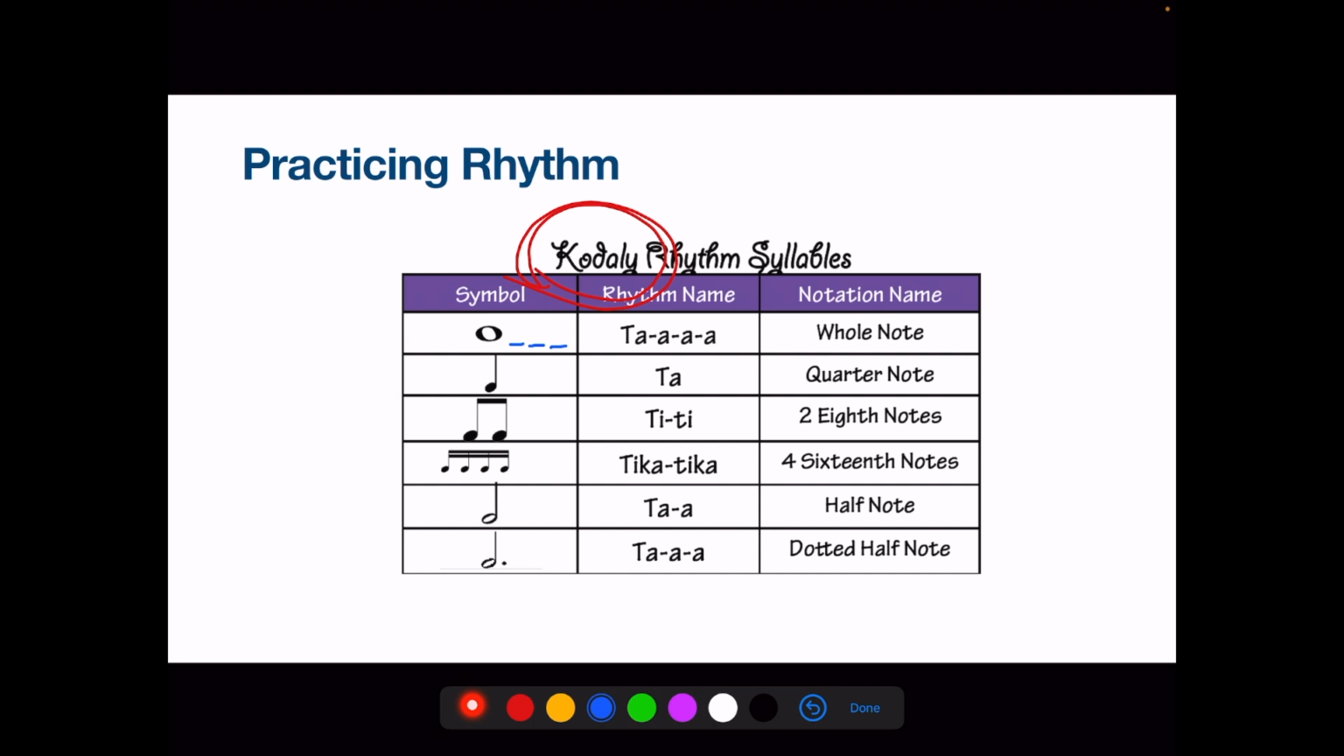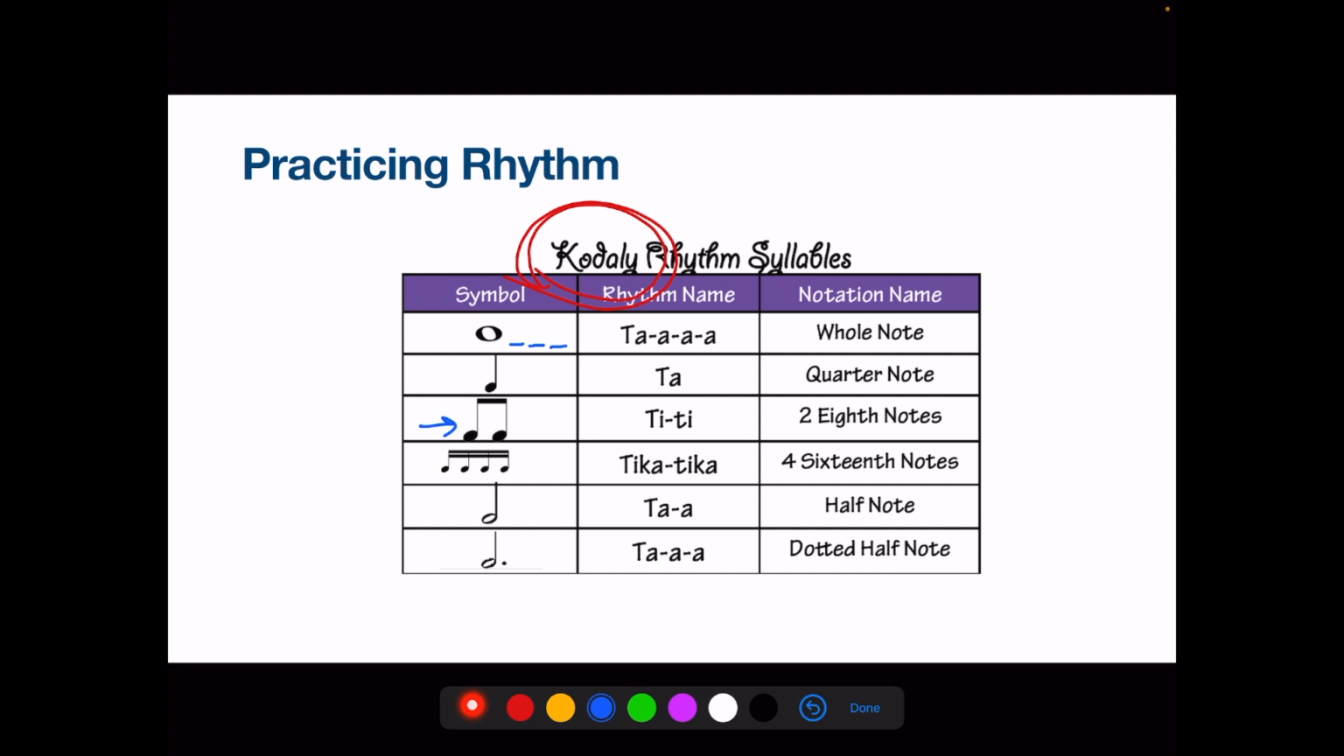Okay, and next we have a quarter note. So if it's a quarter note, we just say ta for 1 beat. So ta, ta, ta, ta. All right, and if it's anything that's shorter than a quarter note, like this one,